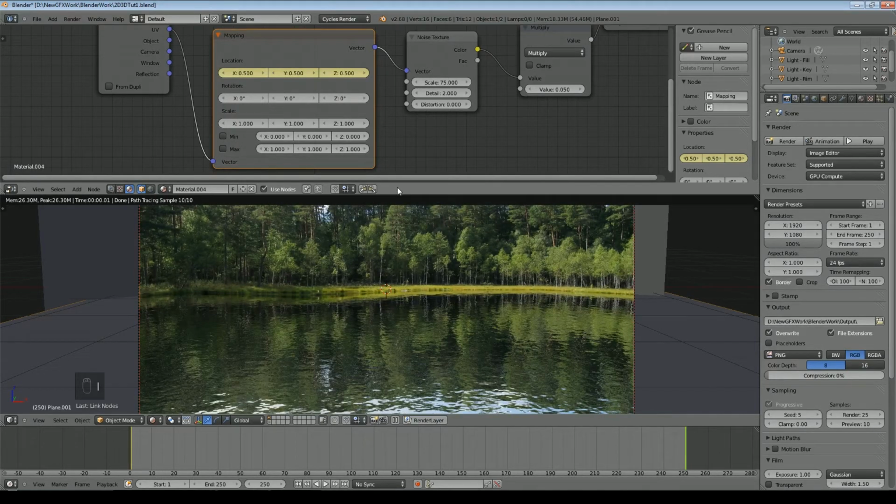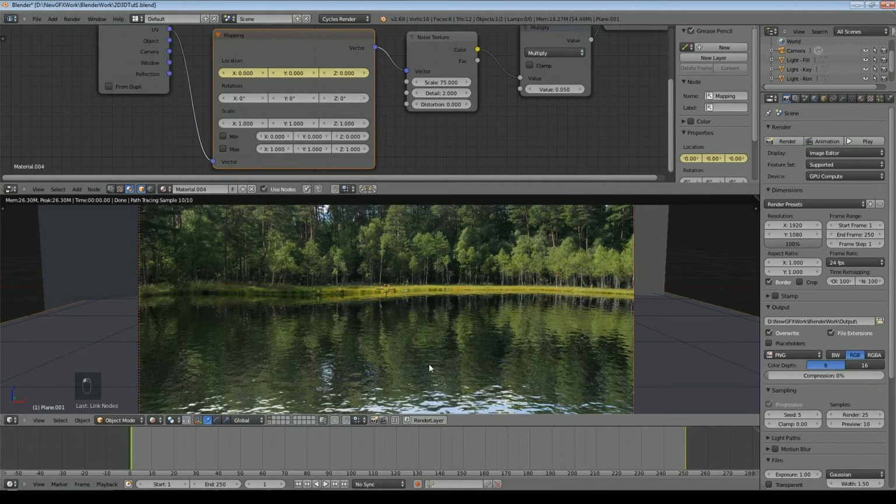And you can obviously make them negative or positive. You can make them change in different ways over time. But this is really just the little tiny ripples on the water. This isn't the big ripples that we're going to have with the object.